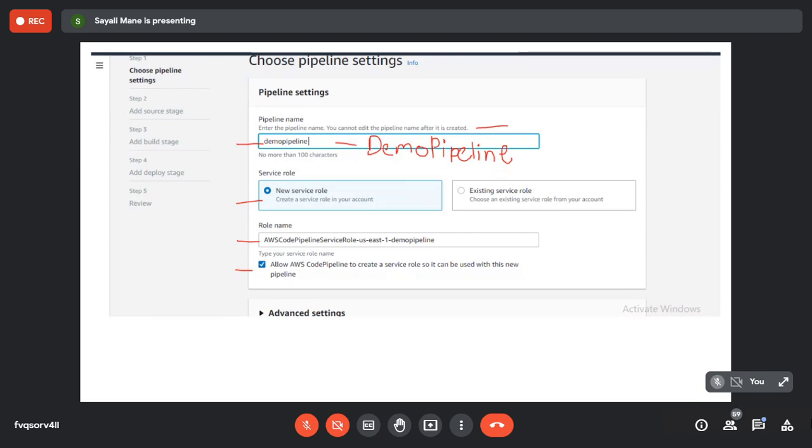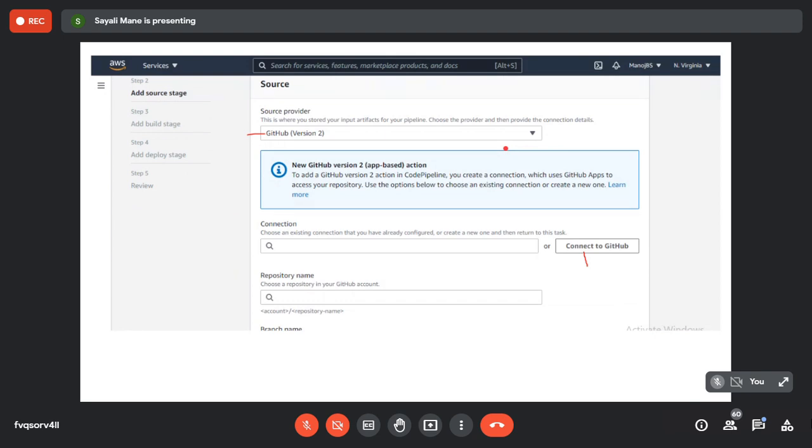Just check. Now it has come. Okay, now it's very good. So please take a screenshot of it and highlight the respective name.